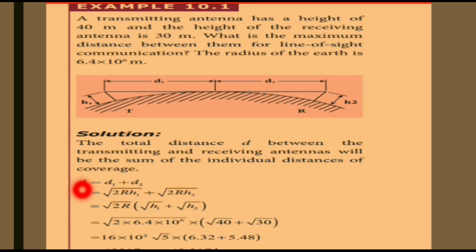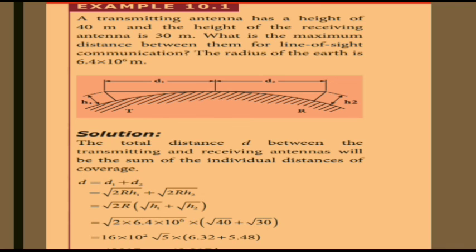For one antenna d is 2 into root Rh; squaring, d square is 4Rh, so d is root 2Rh1. In the same way d2 is root 2Rh2. Root 2R is common, therefore root h1 plus root h2,